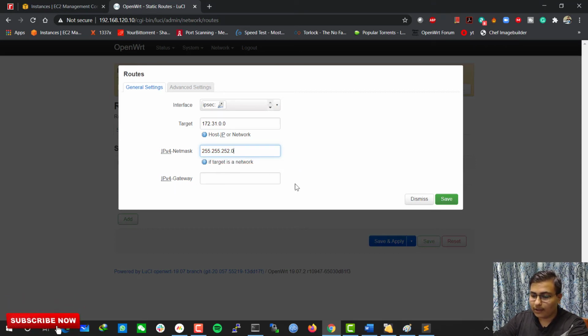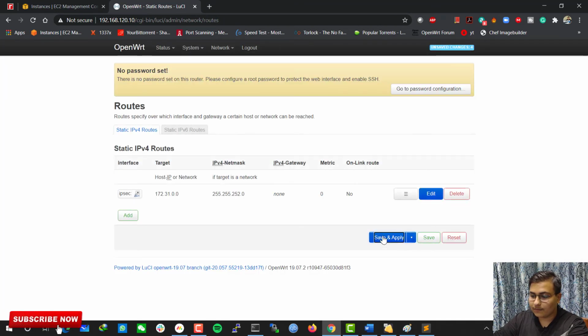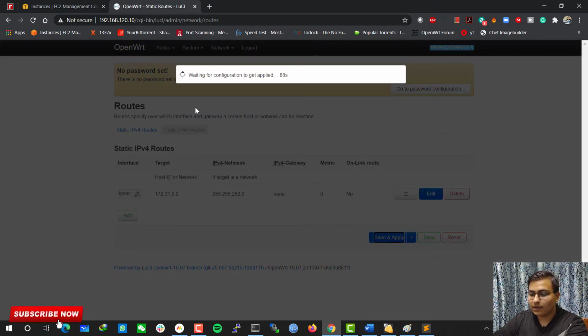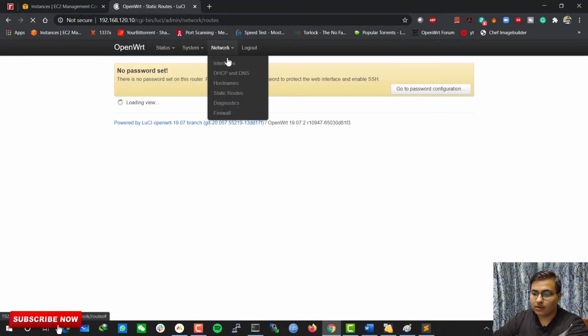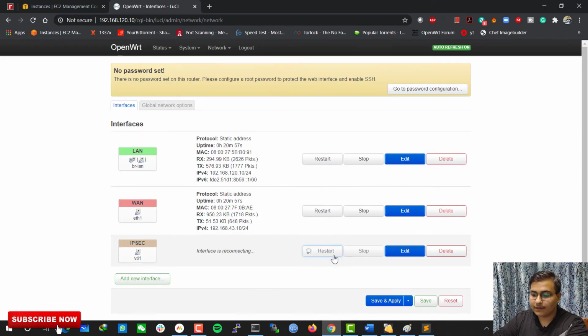No need for a gateway because we have already selected the interface. Save and apply. After this you need to restart this interface, and it will take some time.